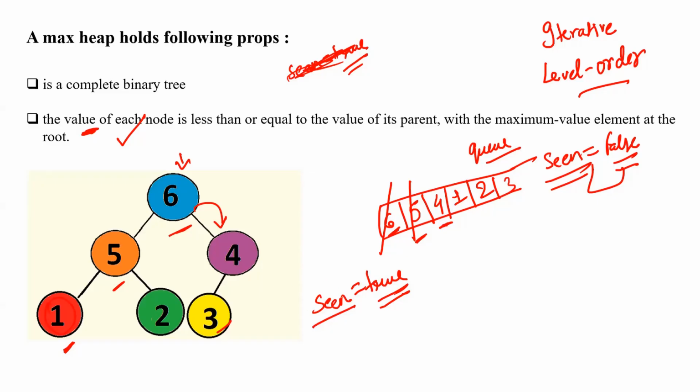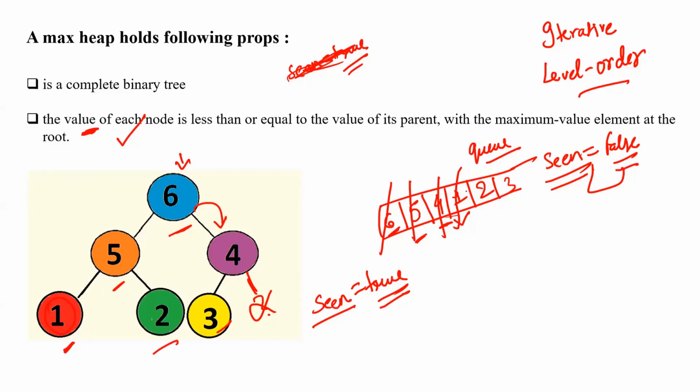So you can see here, seen equal to true we have done because you can see this right child isn't present. Fine. And then we are going to remove this 4 as well. Okay. Then what do we have to traverse to check? For 1, we're going to check. So it does not have left child even, and it does not have right child even. So going to remove it.